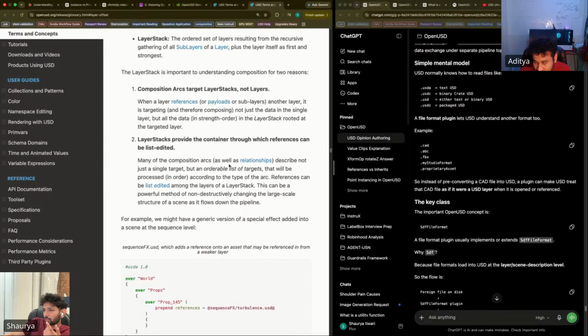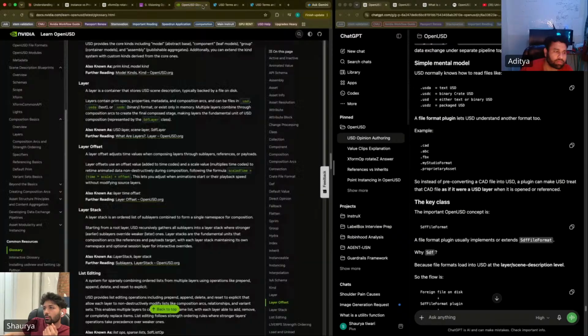Where's layer offset? Layer offset adjusts time values when composing layers through sublayer references or payloads. It uses an offset value added to time codes. This is something that we've already seen yesterday.